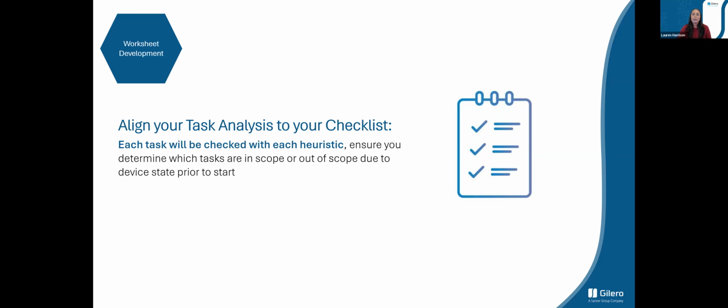But based on your design state, you may be able to include or exclude tasks, and that's totally fine. Your system doesn't have to be fully functional to be able to get through a heuristic analysis. Just be sure that when you're documenting in your report that you denote which tasks you did test and which ones you've excluded. So I recommend that you start with a blind system, meaning that your analysts don't have access